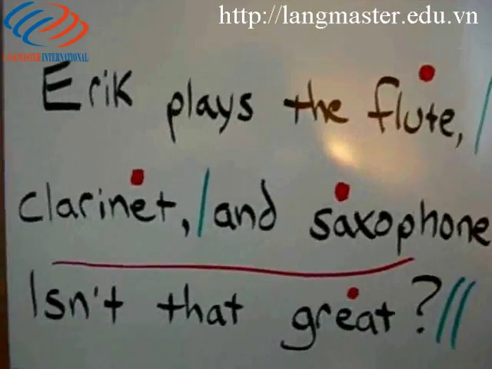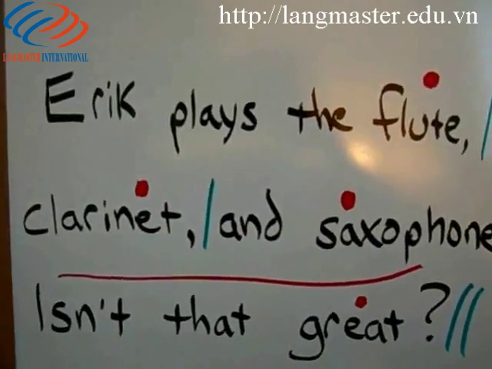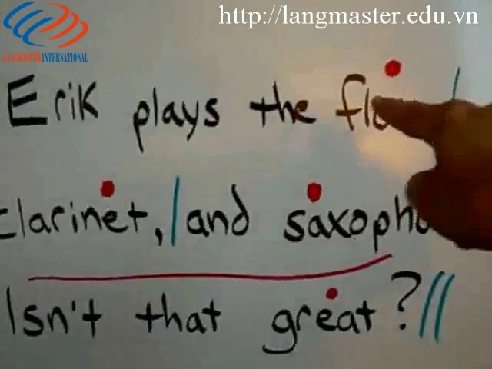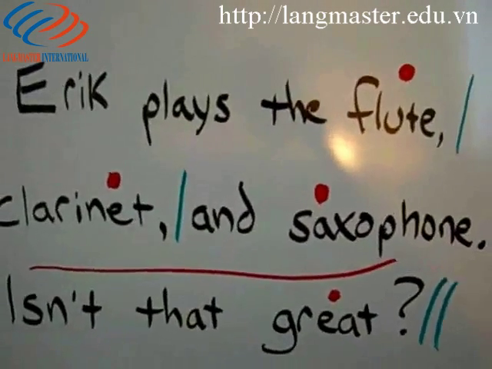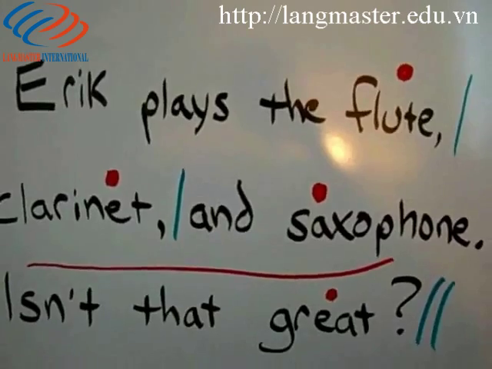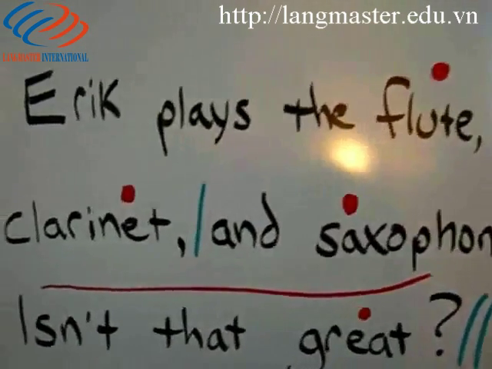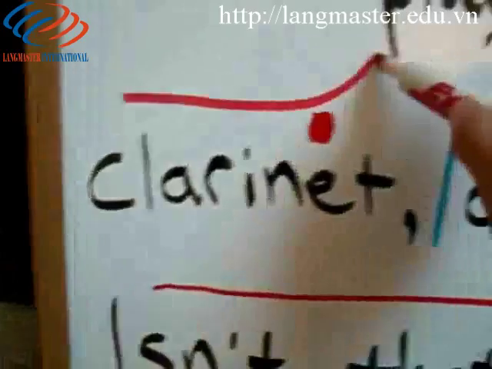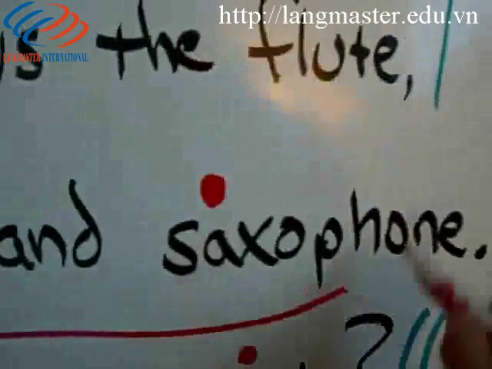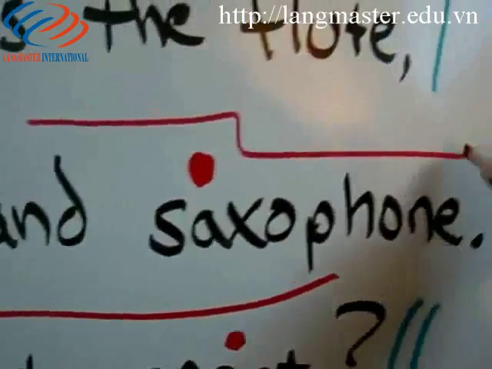Now this sentence is a list. We're listing information. Eric plays 3 instruments. 1, 2, 3. When we have a list, we use rising intonation in each phrase until we get to the final item of the list. So, we're actually going to go up on flute, then we'll go up again on clarinet. This is our final item in the list, so we're going to go down.